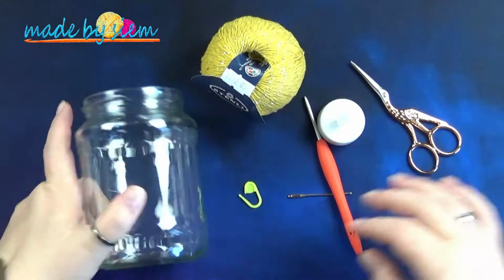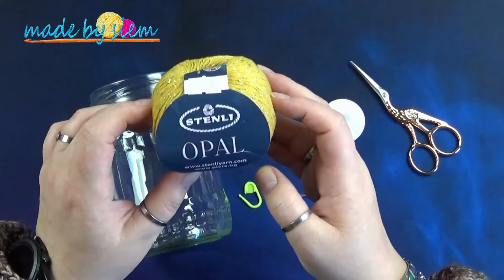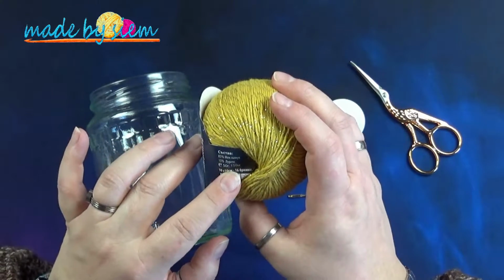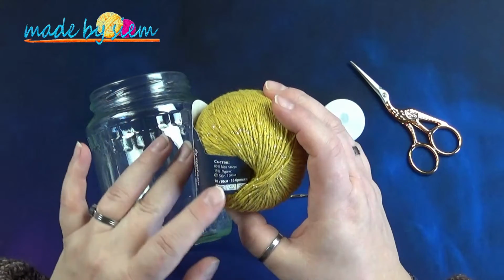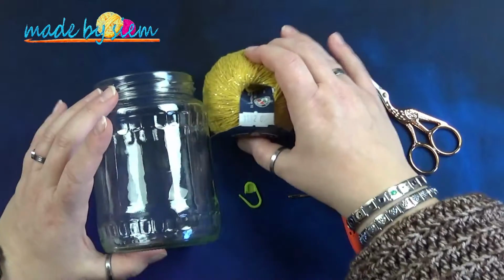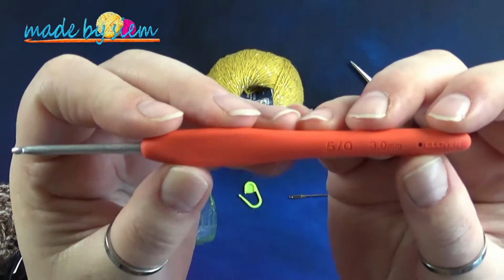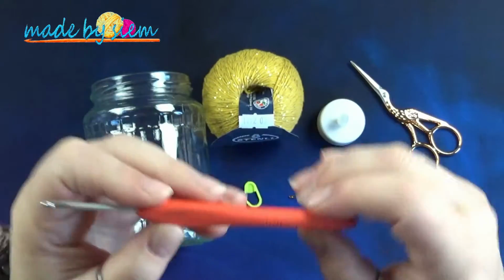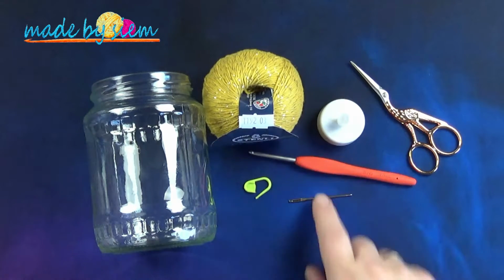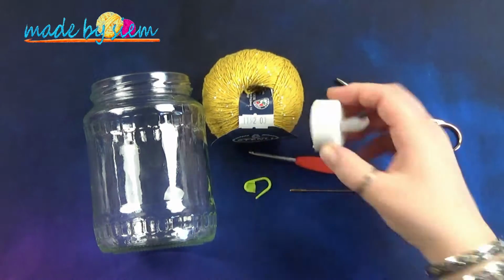Okay. So a glass pickle jar, a ball of yarn. This is the Stenli Opal. It is 85% cotton, 15% Lurex. Each ball has 50 grams and 150 meters. Then a Clover Amour hook, that's what I use, 3.0 millimeters. I'd like to use a stitch marker, then a darning needle, a pair of scissors, and I like to have